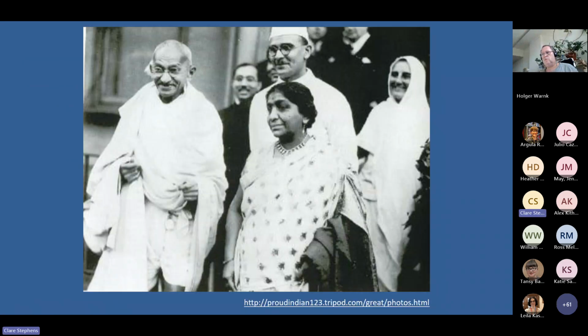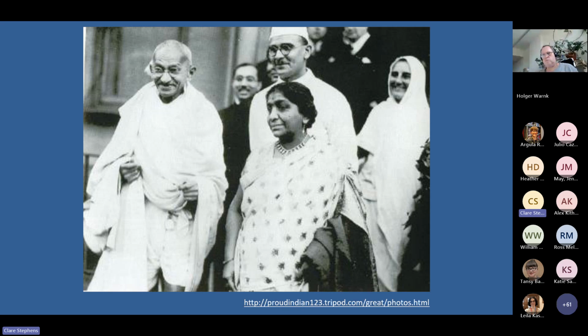And this is Gandhi and Naidu together. He called her the Nightingale of India because of her poetry. And she called him Mickey Mouse, apparently, which were their very affectionate nicknames for each other. There's an awful lot to read about Naidu. She really is an extraordinary woman. And I wish we had more directly relating to her, but she's a very key person in our King's history.